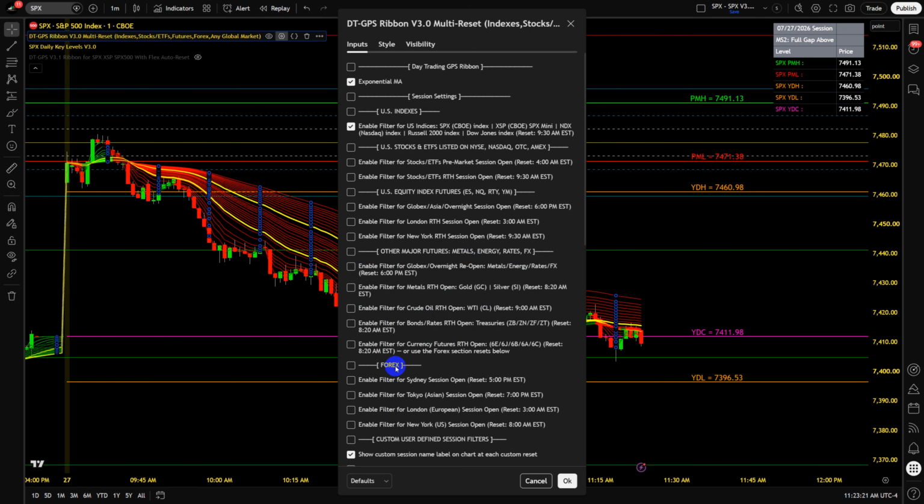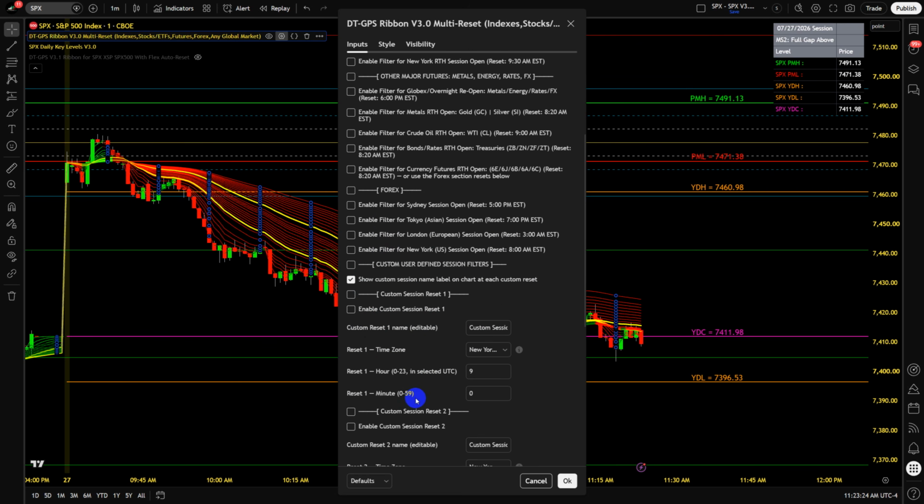It also has session resets for Forex, and then it has custom user-defined session filters for time resets